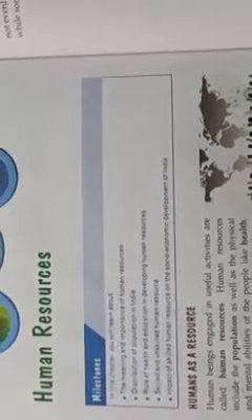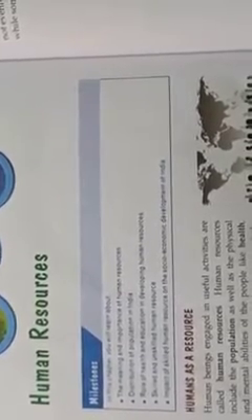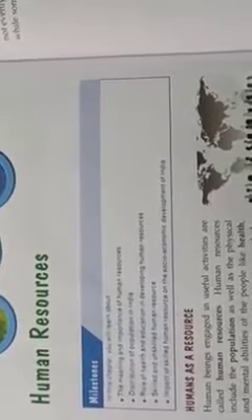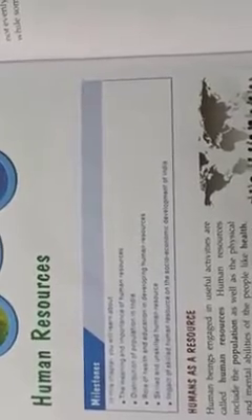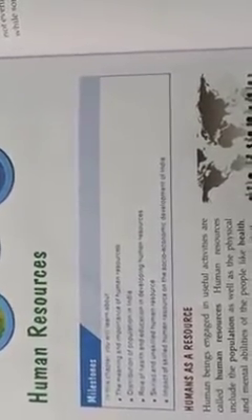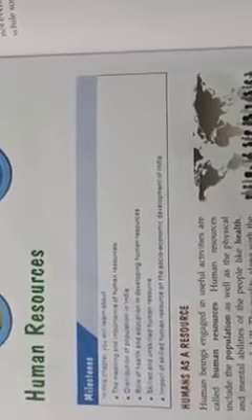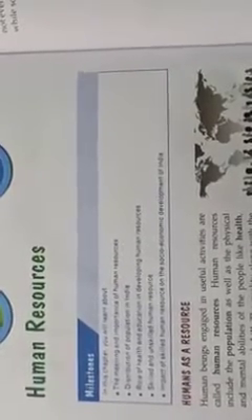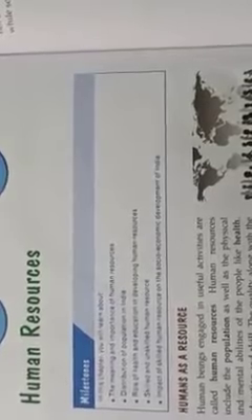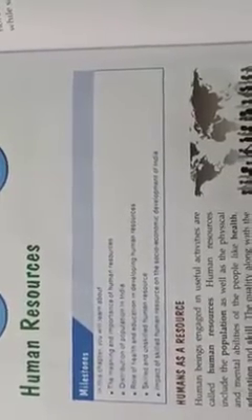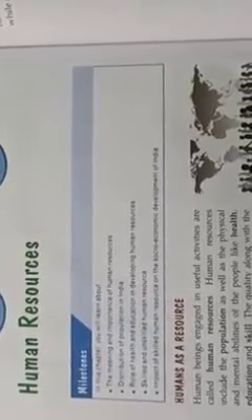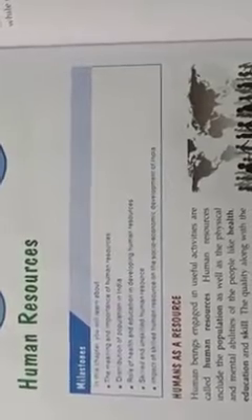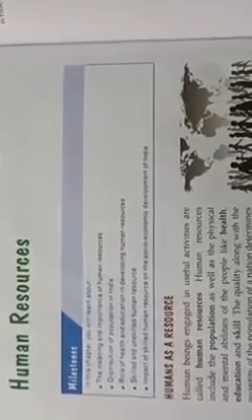Children, there are so many resources. Some are minerals. Among those minerals, some are metallic and some are non-metallic. Metallic like copper, aluminium, iron, and so on. And non-metallic like coal, petroleum, natural gas. And other than these, there are some natural resources like trees, rivers, soil. So they are natural resources.